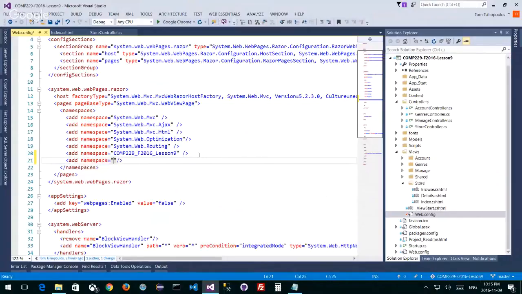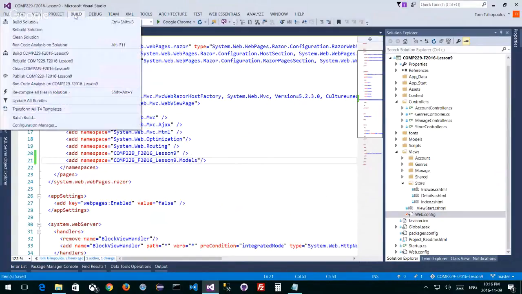So for example, if we always want to have access to it, we can't do control space here because this is an XML file. F2016 underscore lesson 9 dot models, right? I can do this too. I can include it, and when I do this and I rebuild my project,